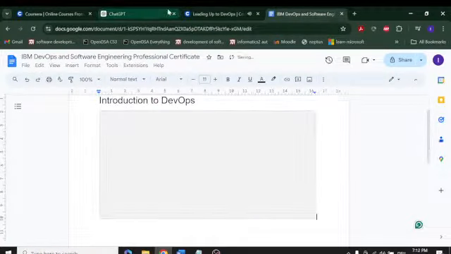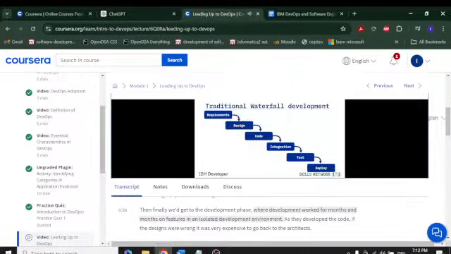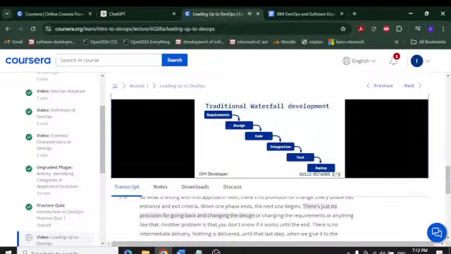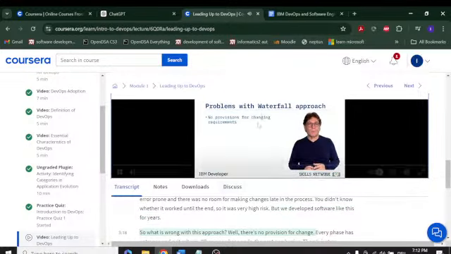This process was very error-prone, and there was no room for making changes late in the process. You didn't know whether it worked until the end, so it was very high risk. But we developed software like this for years. So what's wrong with this approach? Well,